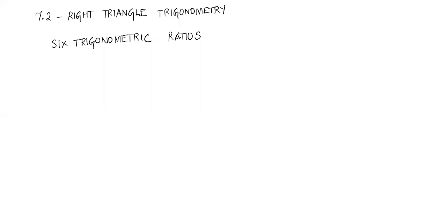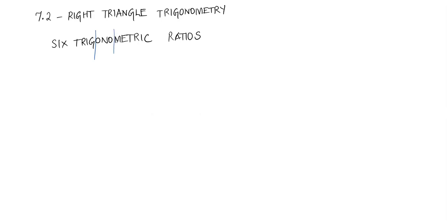It's about right triangle trigonometry, and we start with 6 trigonometric ratios. There are 6 trigonometric functions. Now if you think of trigonometry itself, it's tri and gono and metry. Those are the 3 parts, right? Tri, gono,